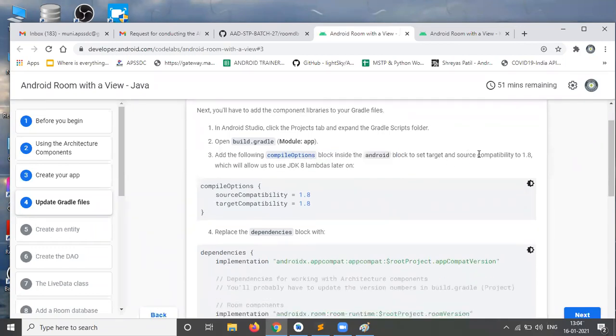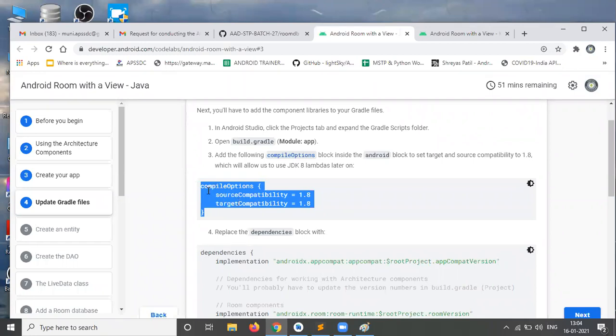We need to set the source compatibility to 1.8, the JDK, the Java Development Kit. So manually we are adding 1.8 here. Without adding this, we can't access the Room database. If we add this, only then will we get the Room database properly.